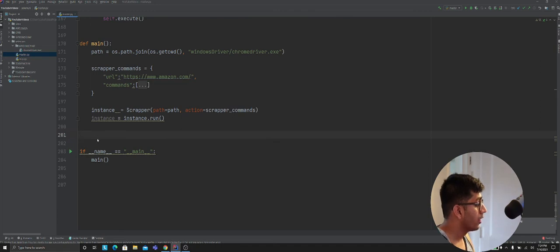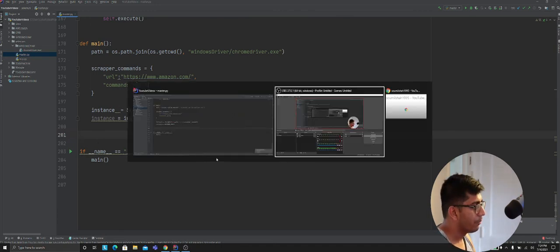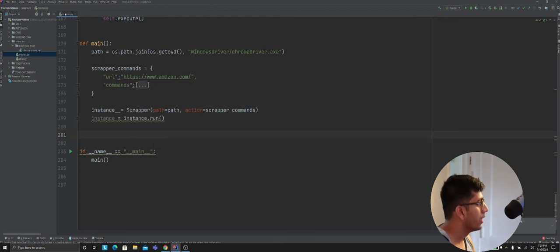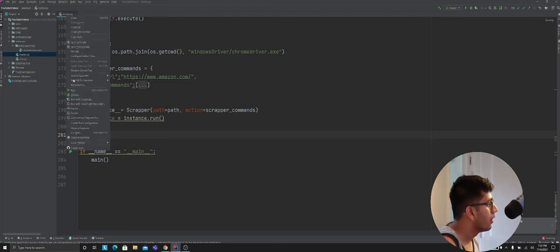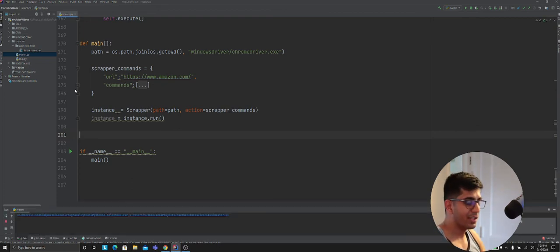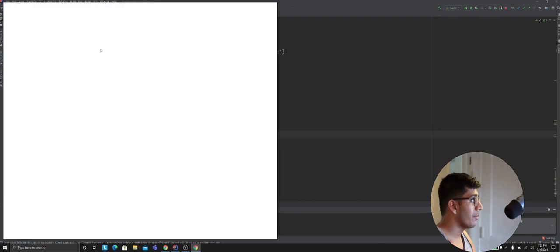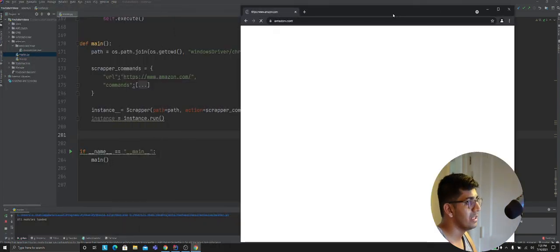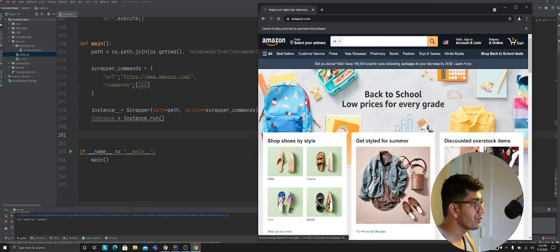So I'm just going to run this class. Hopefully my computer is a bit slow, so you've got to be a little bit patient with me. The run button right here. As I said, this is just a starting point for you guys to see how powerful object-oriented programming is. You can develop these mini modules and microservices, and then reuse them wherever you want.